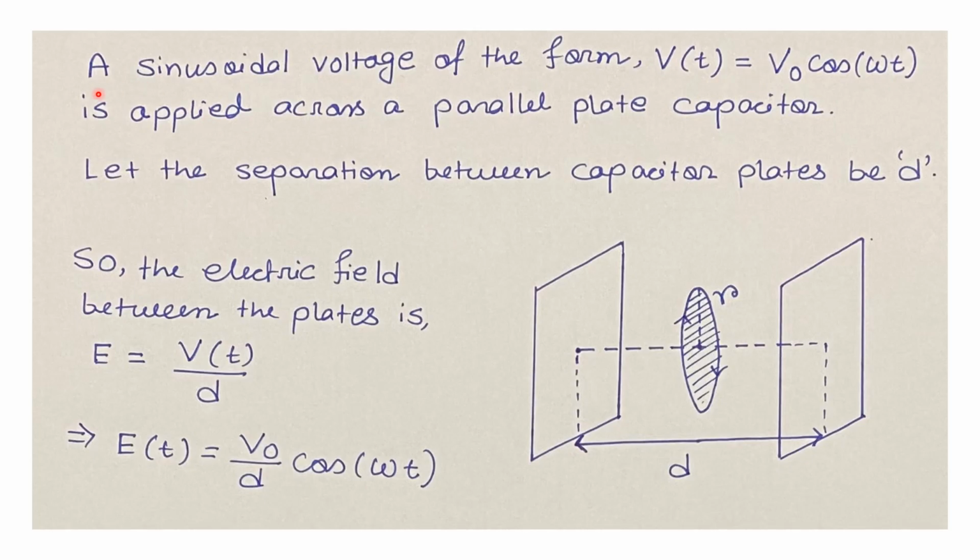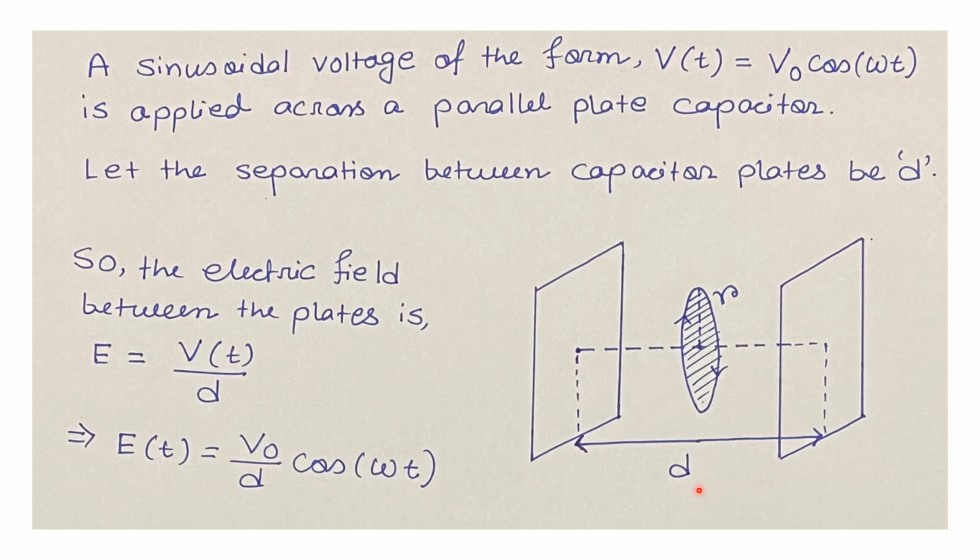It is given that a sinusoidal voltage of the form V as a function of time t equals V0 times cos omega t is applied across a parallel plate capacitor. Let the separation between capacitor plates be small d. It is shown in the schematic that the two plates of the capacitor are separated by the small distance small d,